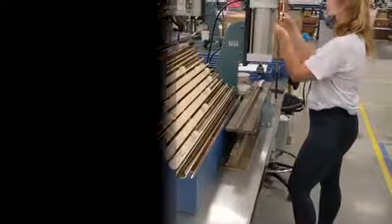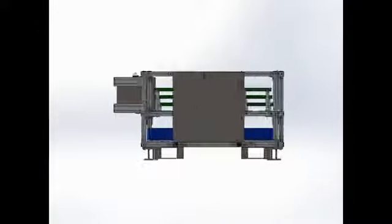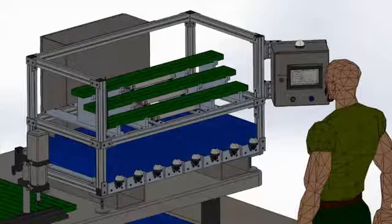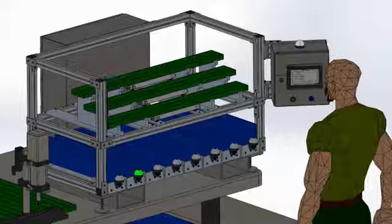autonomously. The augmented pick system is designed to assist operators with the assembly of blade antennas and to reduce the time required to switch over the manufacturing process between antenna models. The system works by indicating the next blade in the assembly sequence with a green light and using sensors to determine when a blade has been picked up by the operator. This allows the system to guide the operator through the antenna build process and to detect if an antenna is